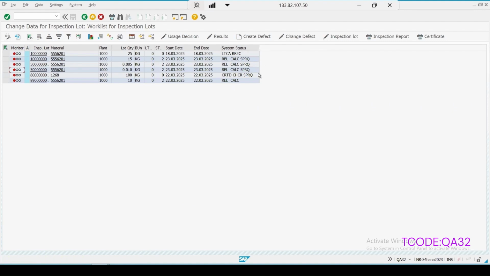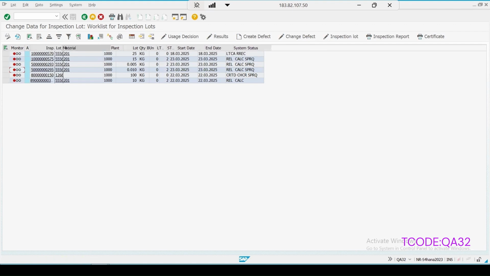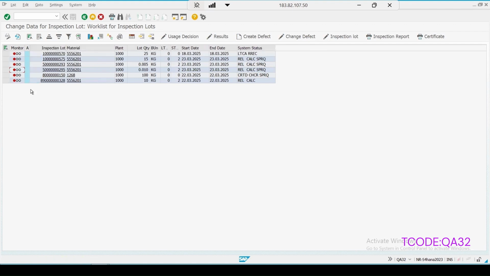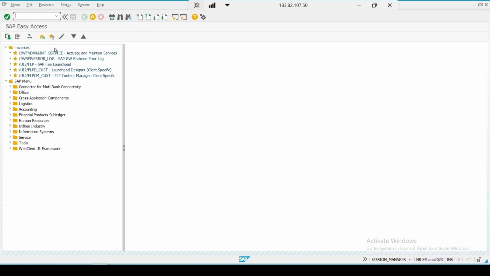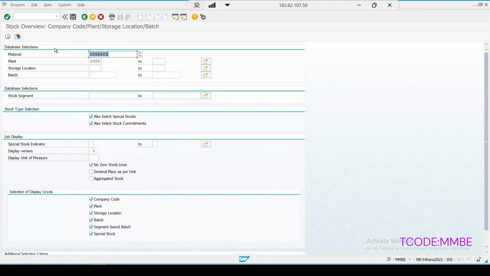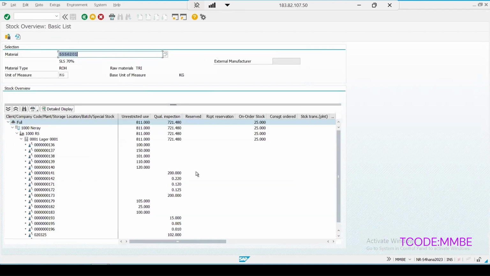What if I don't want to trigger a lot when I am doing a goods receipt with other? The movement type was 561. Even that can be controlled. At present, if I go to the MMBE report for the same material, enter, and this is the material, executed.